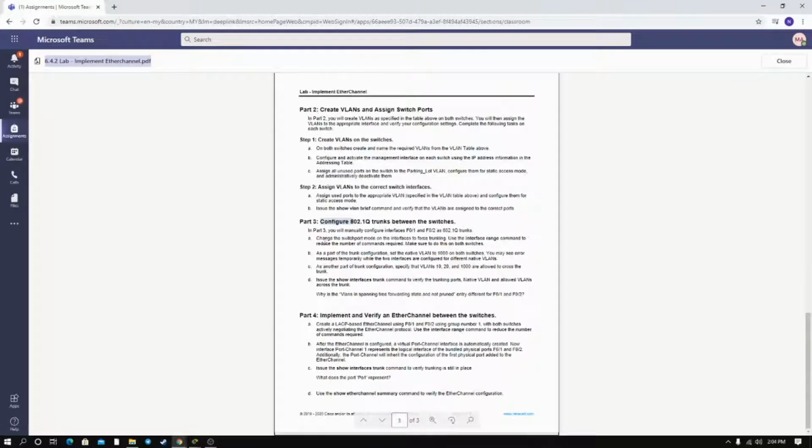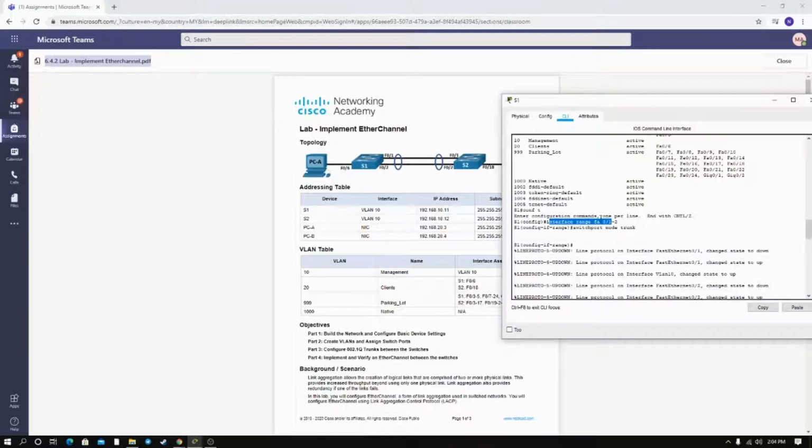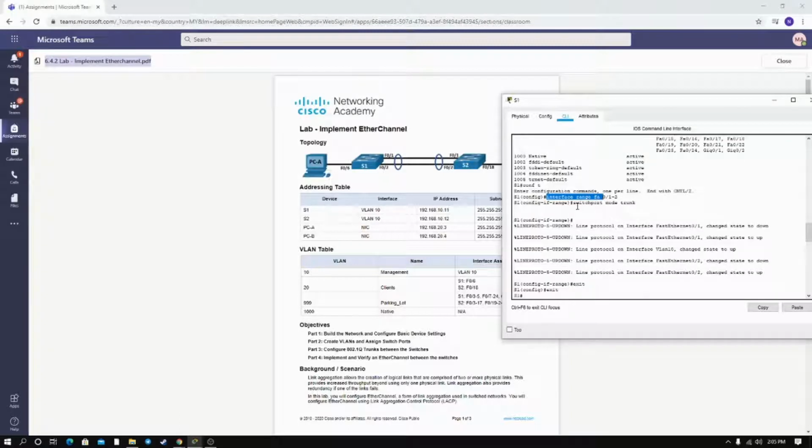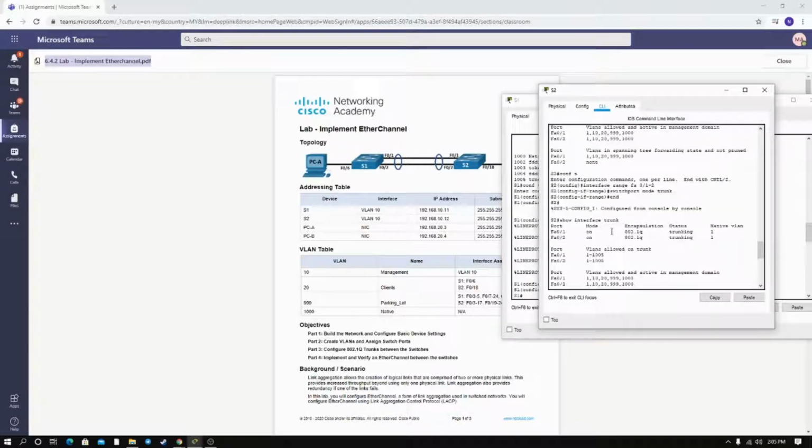For A, change the switch port mode on the interface to fast trunking. Use interface range. Okay, this is the interface range F0/1 and F0/2, and then go for the switch 1. Type interface range FA0/1 to 2 and switchport mode trunk. Same like S2, interface range FA0/1 to 2 switchport mode trunk, and then